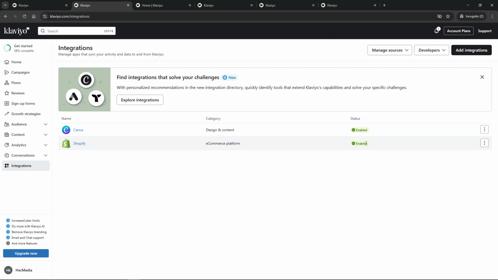Once you've confirmed that everything is integrated, your next step is to log into your Klaviyo account. If you're not familiar with navigating through Klaviyo, don't worry. Once you're logged in, head to the dashboard. Here, you'll see various sections that help you manage your marketing efforts, but right now, you want to focus on